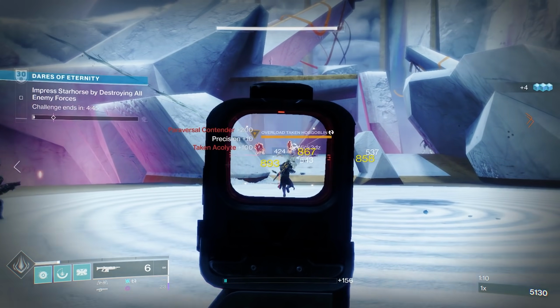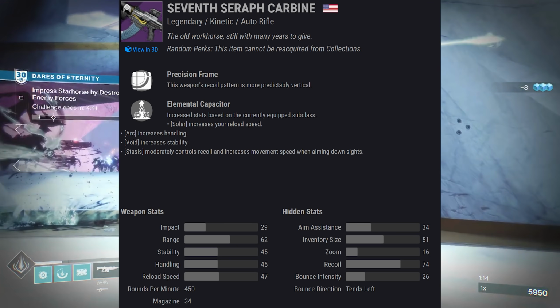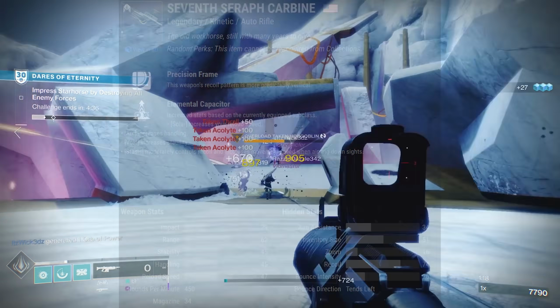Moving on to Overload. Now, again, auto rifles and SMGs, and immediately I jump to my 7th SERAPH Carbine. This is a kinetic 450 round per minute auto rifle. I've had this